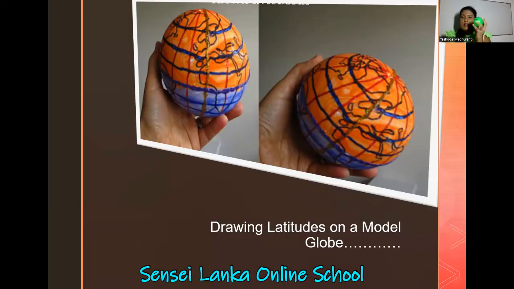You can take a ball, a plastic ball. If not, you can take a regiform ball. You can take something made up of clay. If not that, your sisters or brothers may have those big balls that we used to play. You can take a kind of a ball like this. If not, there are some toys like this. You can understand the longitudes and latitudes easily. So these are the options that you can use to make this.